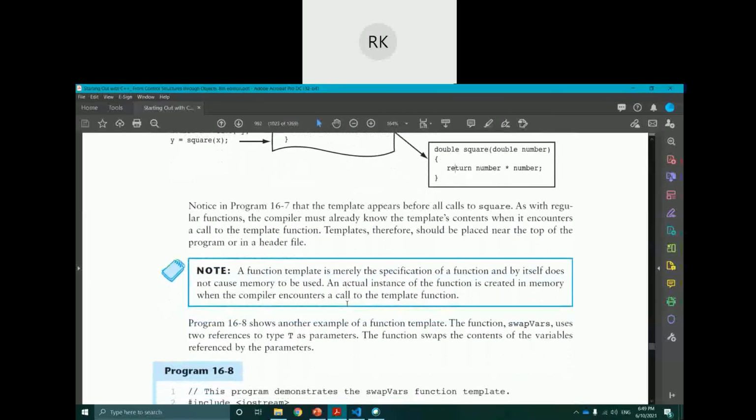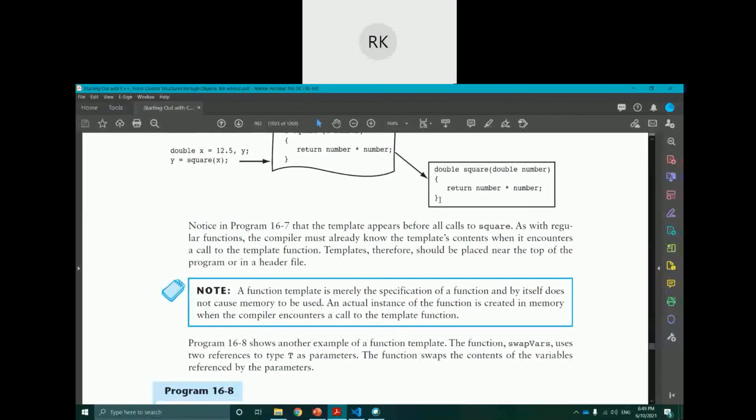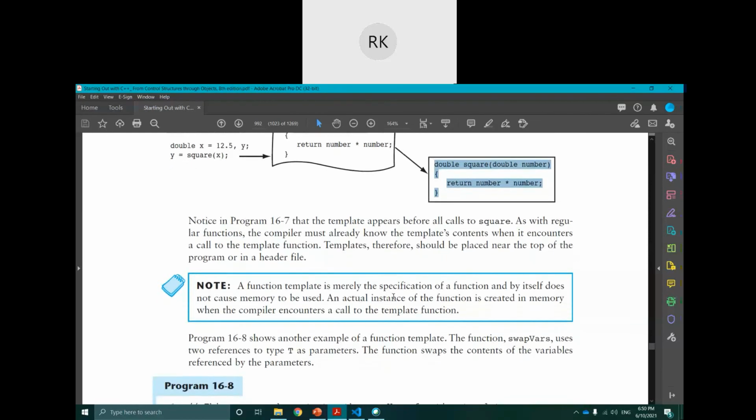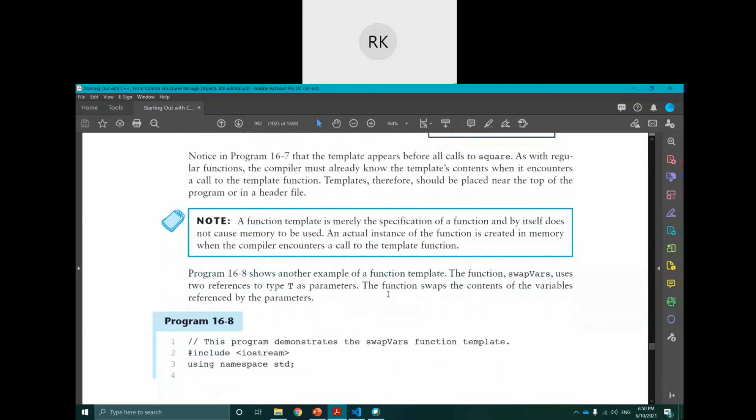The function template is merely a specification of a function, and by itself doesn't cause memory to be used. Meaning to say it will not be saved actually. The version that the compiler generates will exist just at runtime only. It will not be saved for you. Next time when you run, it will be regenerated again. So it doesn't occupy any memory. So in this way, you see, it is a saving of memory also.